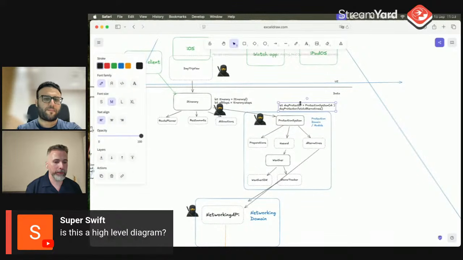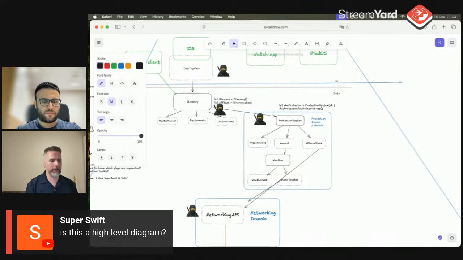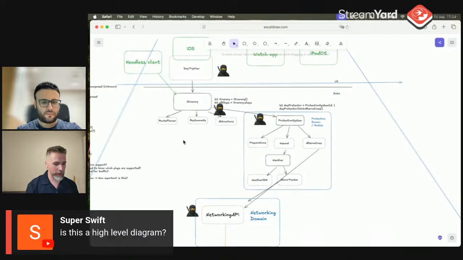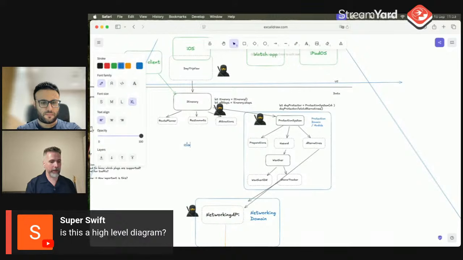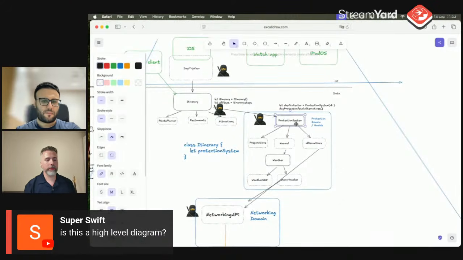It's on top, which is how you can tell it's the most important part. If I go here and say I have a class Itinerary, it would have the protection system inside, and it would not know how the protection system does all this.